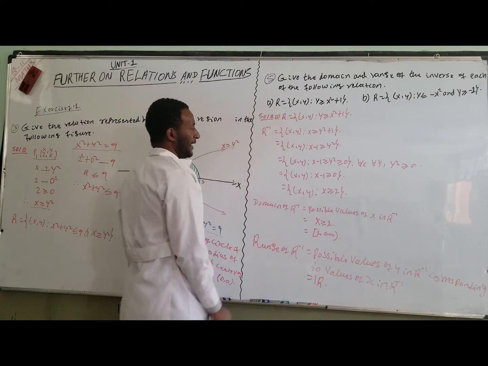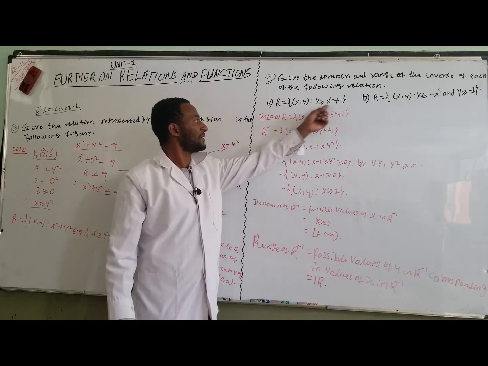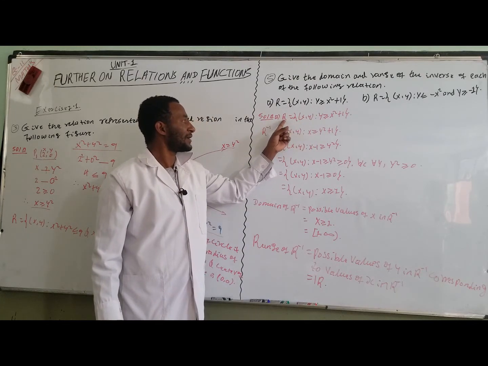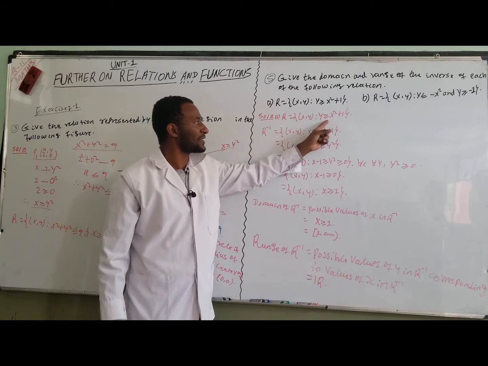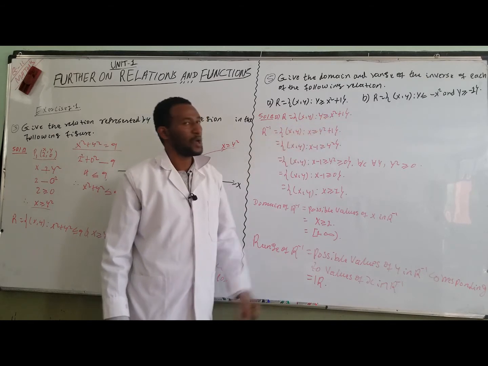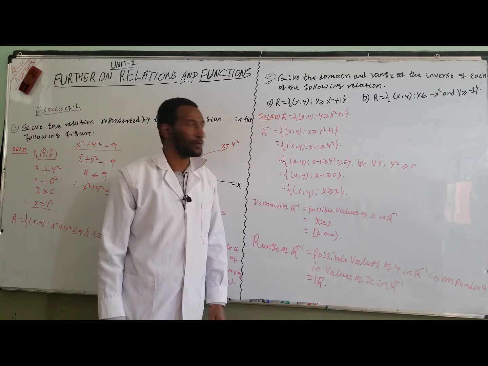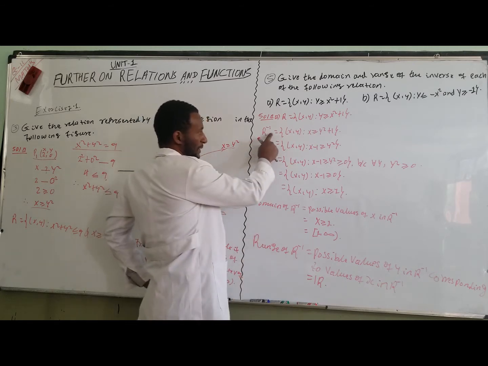Let us see for A. The relation is given here: R is equal to {(x, y) such that y is greater than or equal to x square plus 1}. This is the relation given to us. So, to find the inverse,